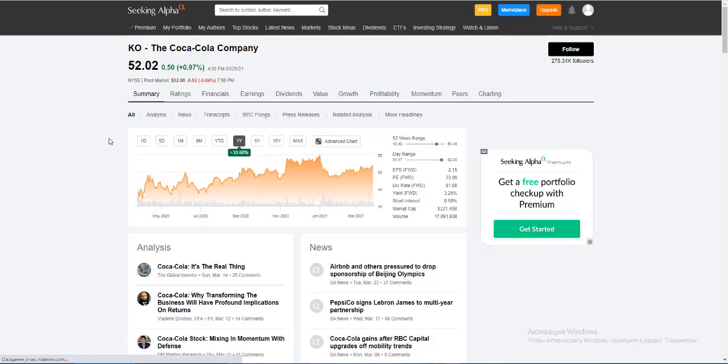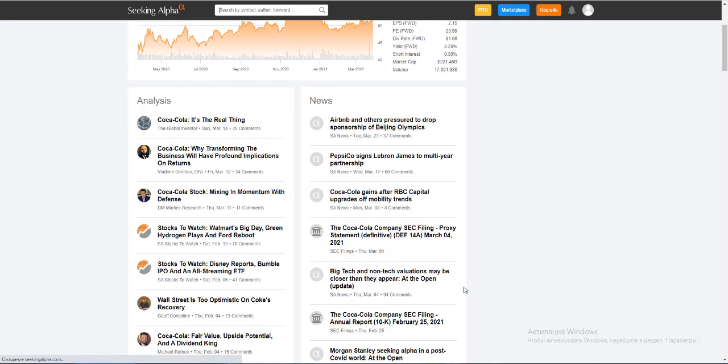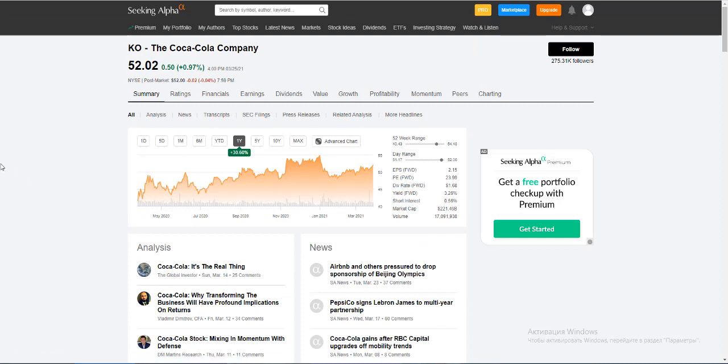Okay, on the summary page you can see some chart. You can see the opening, closing price, volume of that particular day. You can choose a year frame or probably half a year, 1 month, or sometimes even a 10 year frame, whatever you want. Day range and year range, volume, market capitalization. You can already check a lot of information here, like even earnings per share. Again, some news in summary,